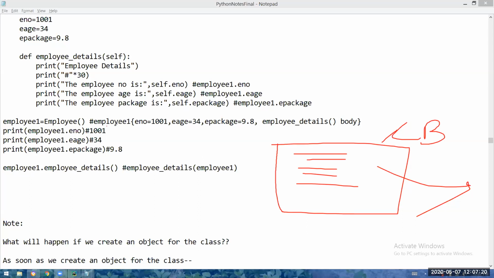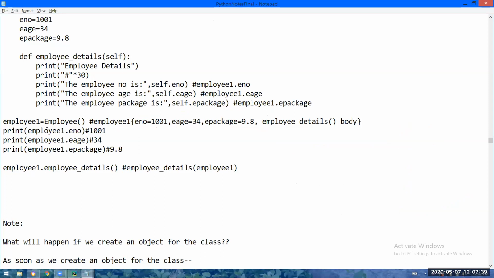So see, the object is the chocolate box. All the data are nothing but the chocolates. The object is a chocolate box; you are loading it full of chocolates. See, here I will tell you what I am doing. Whenever you create an object for the class, all the variables, everything will be loaded into the object, right? What the Python people are telling is that all the data is there in the employee1 object, right? Directly send the object to the definition. From that object, whatever the definition wants, it can use.